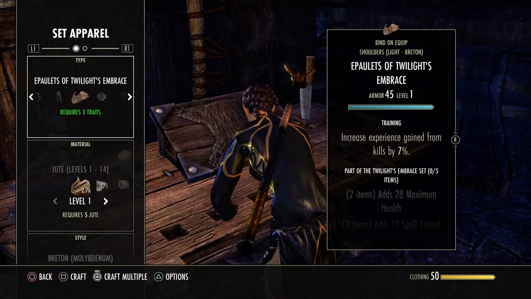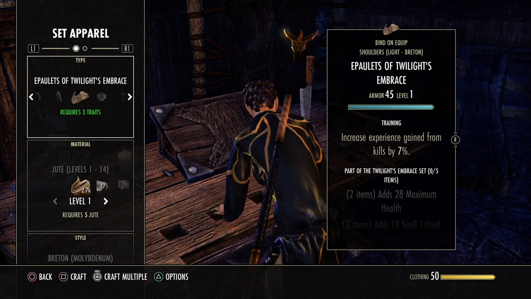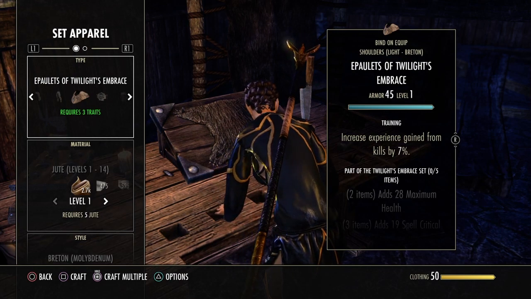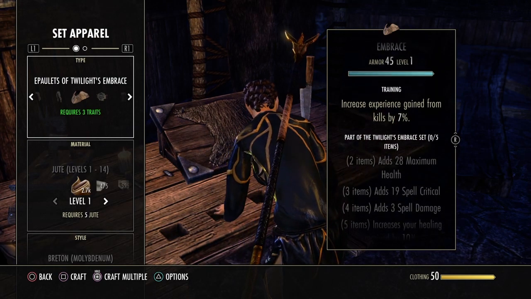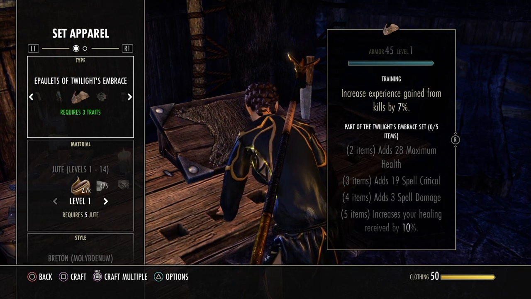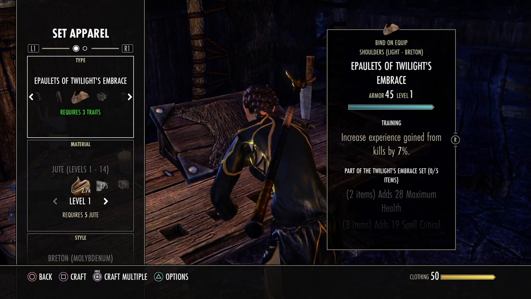Alright, the next set that we're going to craft and use is going to be for our head and shoulders. So we're only going to run it for a 2-piece, and it's going to be Twilight's Embrace. We're doing that to get that one item for max health. Now when we craft this, we're going to do the shoulders in light,